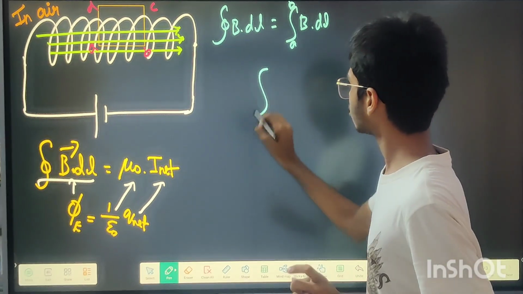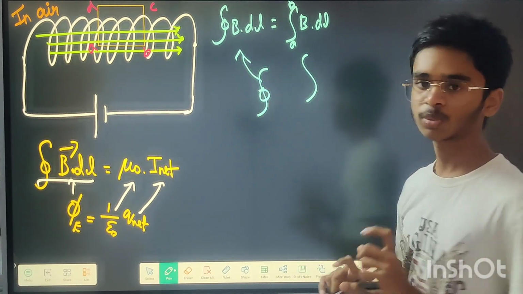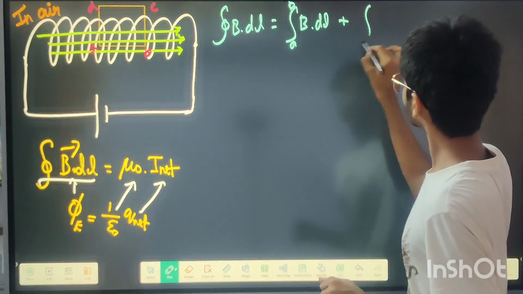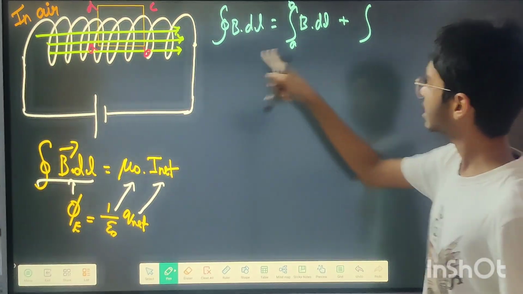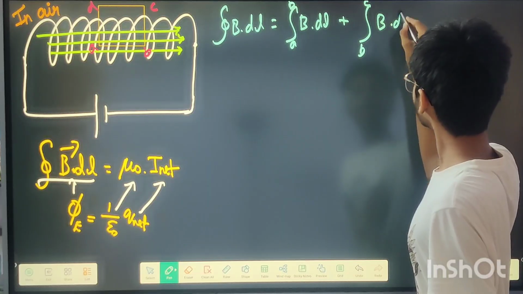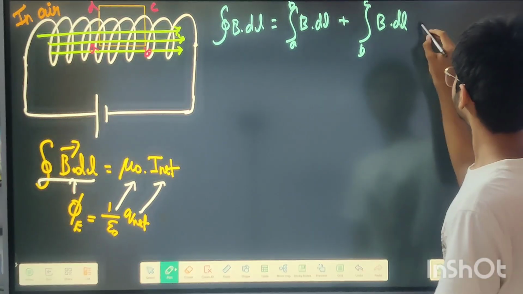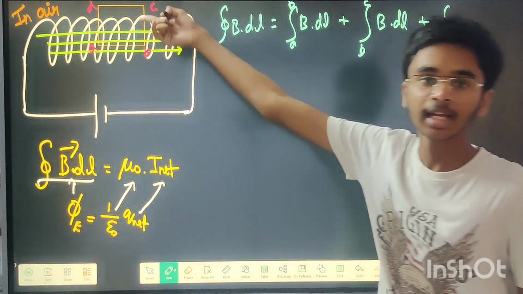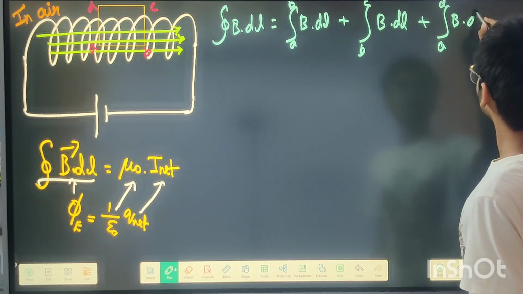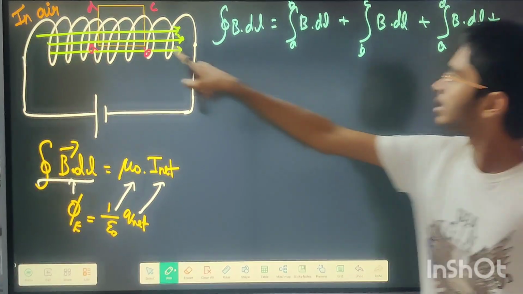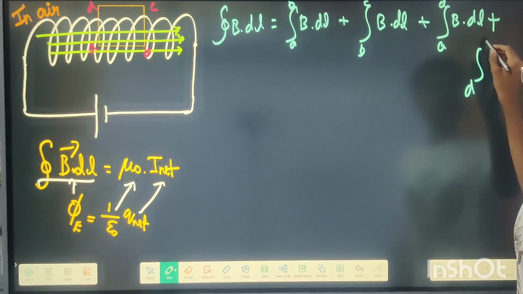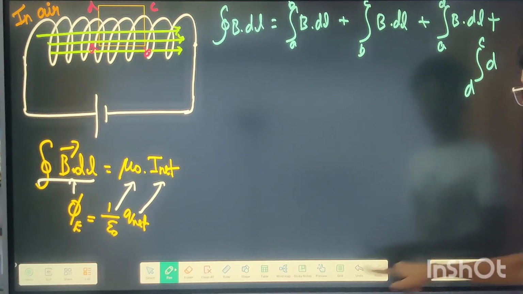Plus BC, which is B dot dl, then plus AD, which is B dot dl only, plus then DC,